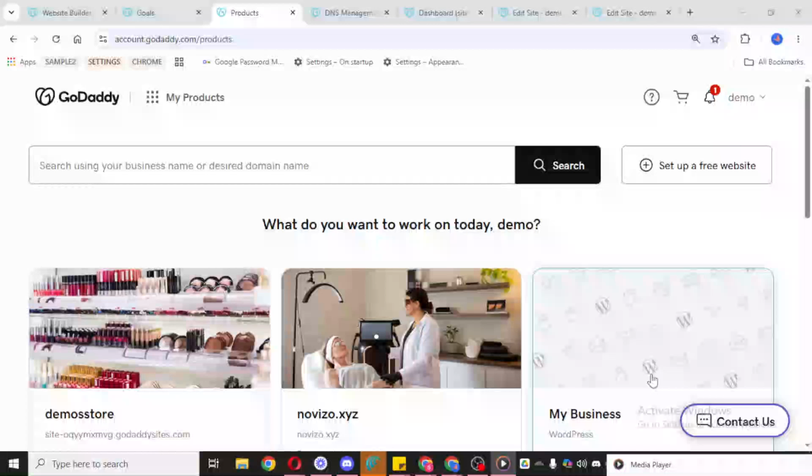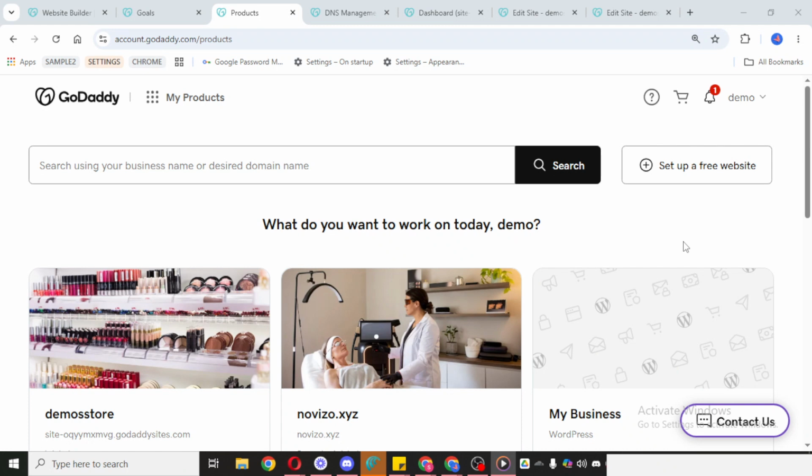In today's video, I'm going to teach you how to get the EPP code from GoDaddy. If you need to transfer your domain to another registrar, one of the most important things you'll need is your EPP code, which is also sometimes called the authorization code. This code works like a security key for your domain, and it helps confirm that you're the authorized owner before the transfer can begin. In this walkthrough, I'll show you exactly where to find it inside your GoDaddy account.